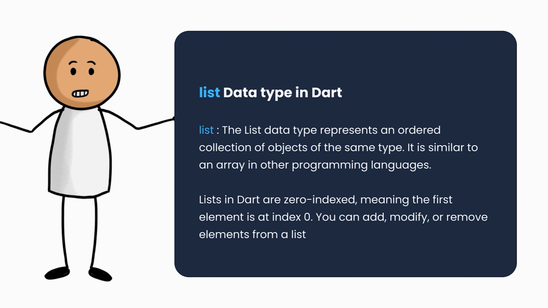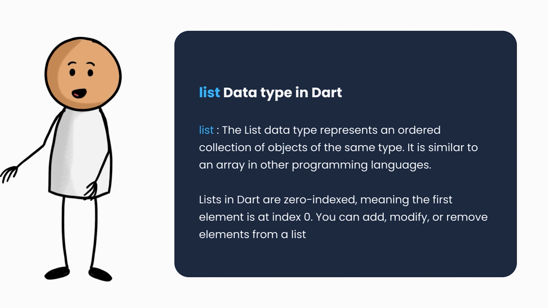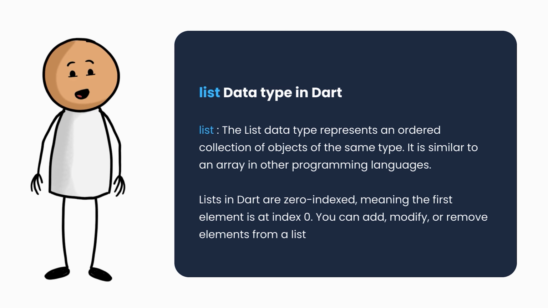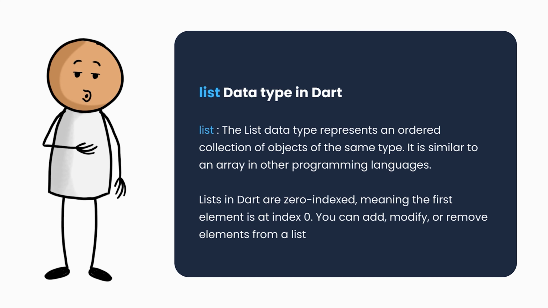Now let's look at list data type in Dart. The list data type represents an ordered collection of objects of the same type. It is similar to an array in other programming languages. Lists in Dart are zero-indexed, meaning the first element is at index 0. You can add, modify, or remove elements from a list. For example,